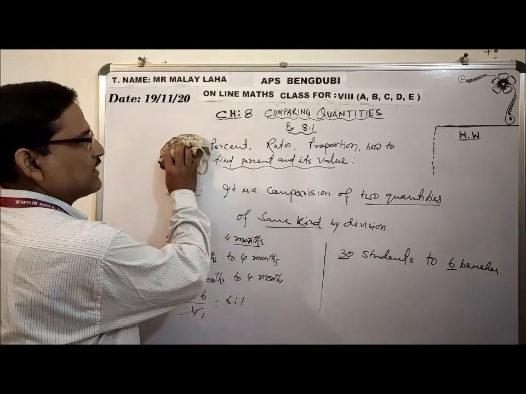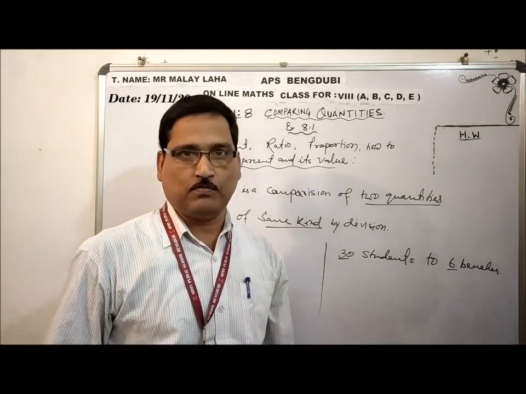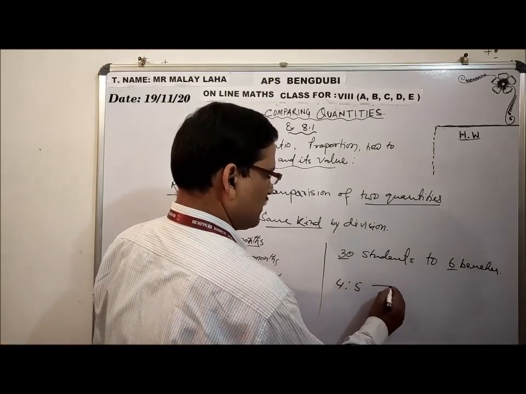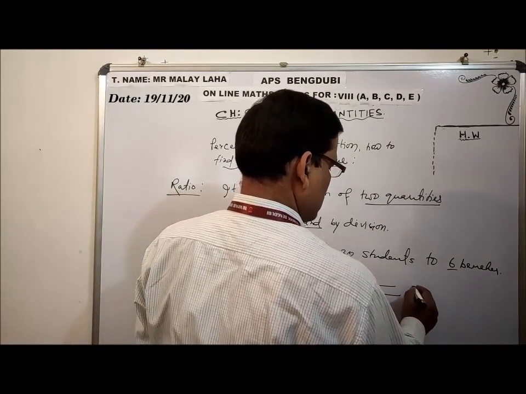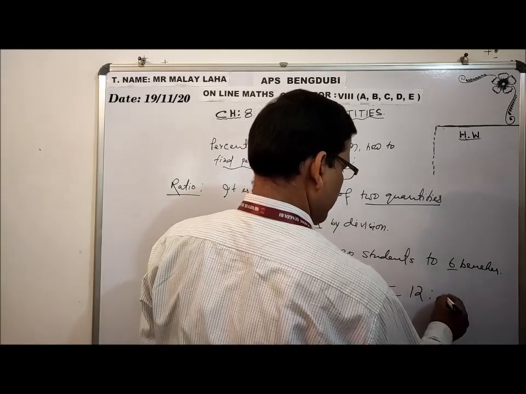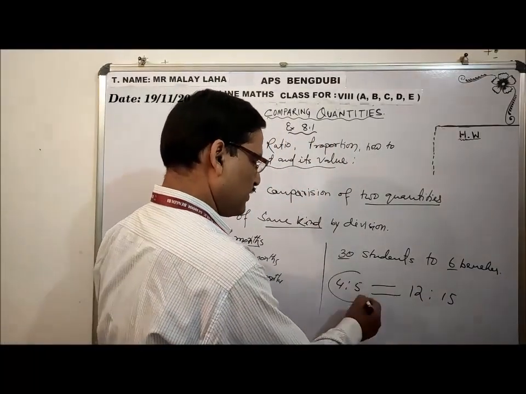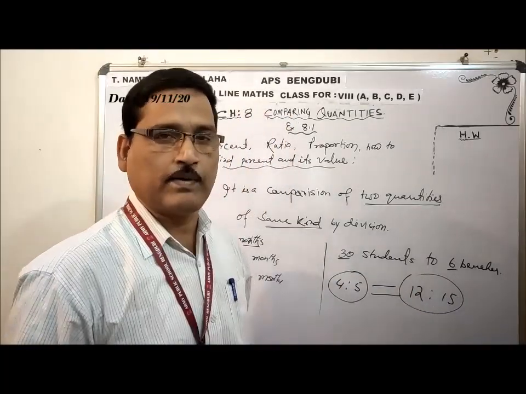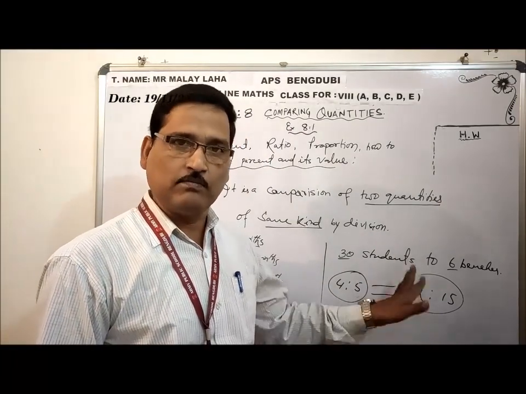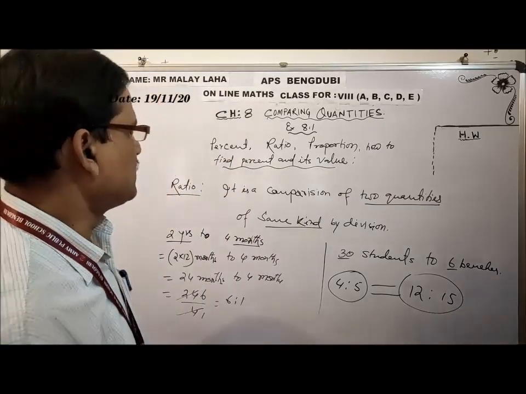Now I think I can start. What is proportion? An equality of two ratios. That means equality of two ratios. Say 4:5 equals 12:15. This equality: what is the value of 4:5? That will be equivalent to 12:15. And equality of two ratios is called proportion. So when it comes up in your problems, I will explain it. Okay. Now I am starting a question from your textbook.